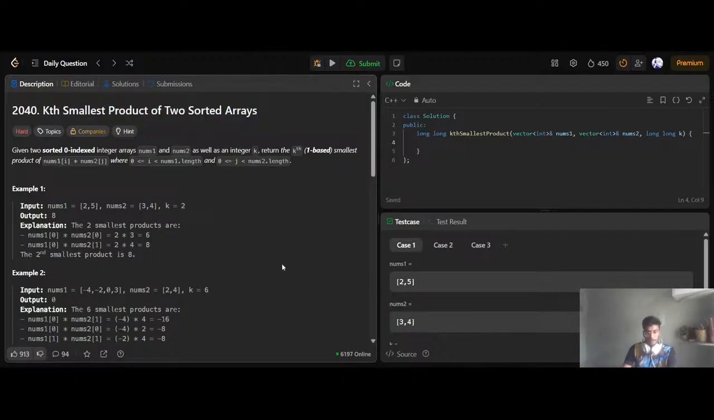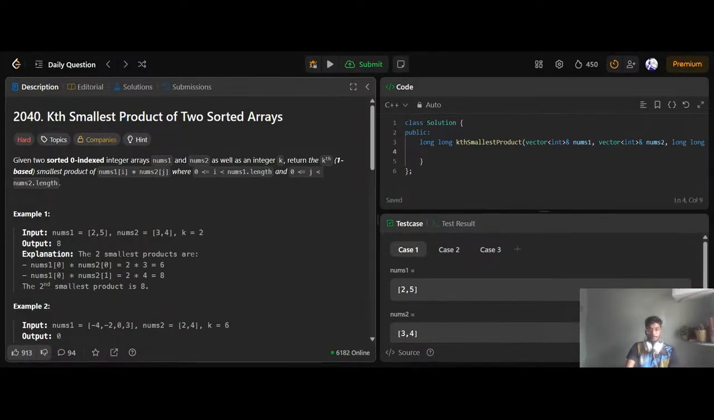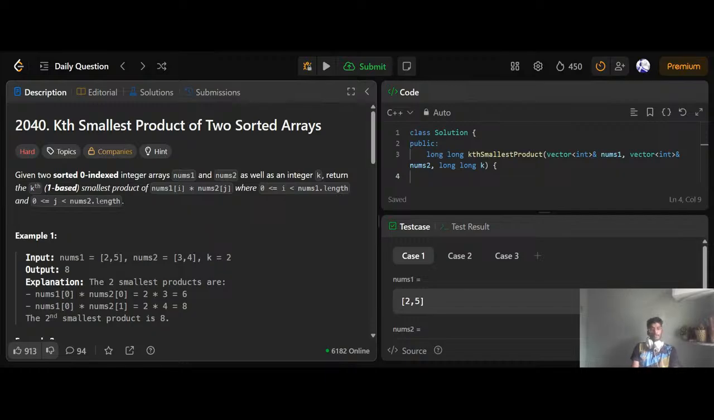Let me just read the problem statement. Given two sorted zero indexed integer arrays, nums1 and nums2, as well as an integer k, return the kth smallest product of nums1[i] and nums2[j]. Okay, can you just zoom it in? Nums1[i] into nums2[j], where